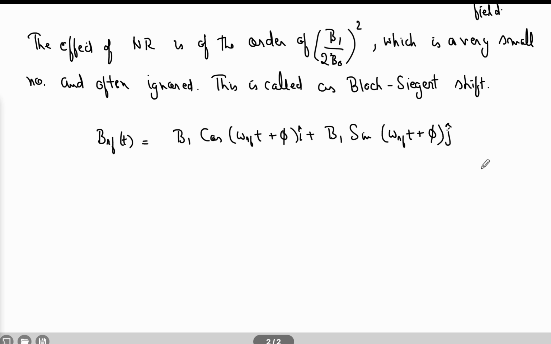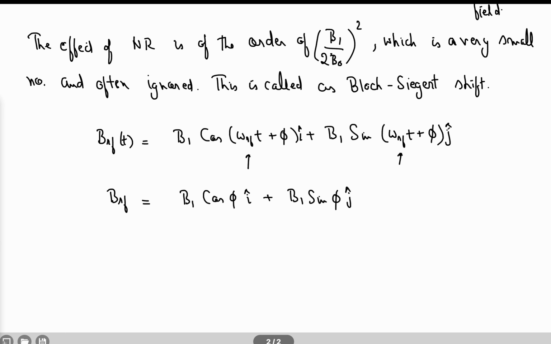Alright, so when you do the rotating frame transformation, the time dependence of the angular part of B_RF(t) goes away and only the phase part remains. So that means this part is actually gone, because your field is also rotating at the same frequency, or your frame is also rotating at the same frequency, right? So then you can write B_RF as B1 cos φ i cap plus B1 sin φ j cap. So the time dependence part of this angular portion, the angular frequency, is gone, right?